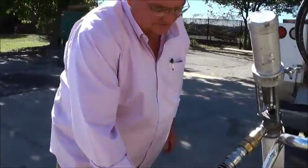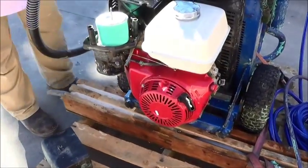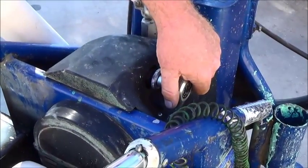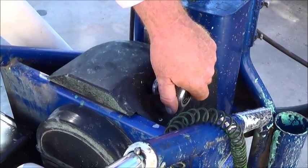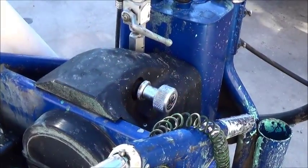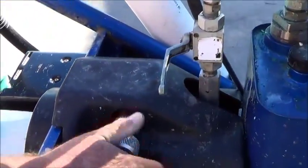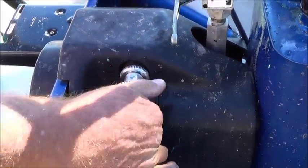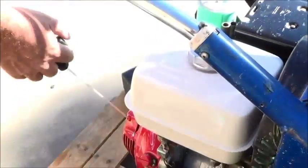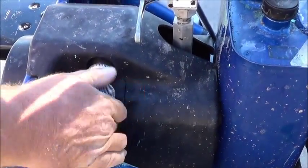The other thing is the recoil, which is this mechanism. Before it is pulled, always be sure your pressure is backed all the way off on the hydraulic pump. That allows the pump to free spin and you're not pulling pump, motor, and all. Which is the direction? It would be counterclockwise is backed off. If it's screwed in all the way like so, you will find this very difficult to pull. Yeah. Okay? With it pressure backed out,